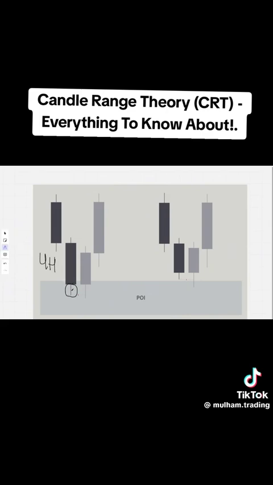Most of the time, if we don't close above the POI and this is out of kill zone, this is not gonna be a valid lower time frame entry because it's out of kill zone. What's gonna happen is price opening here, maybe going up a little bit to induce more people, going lower, manipulation, sweeping the previous candle low inside of the POI.